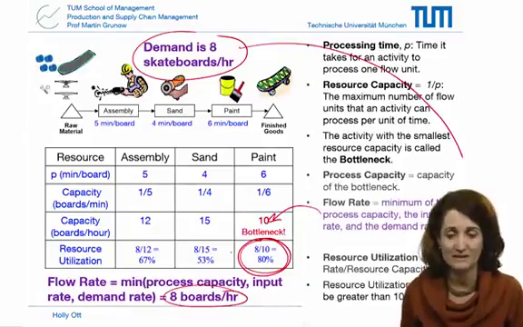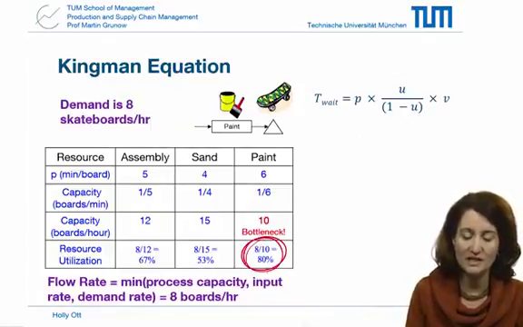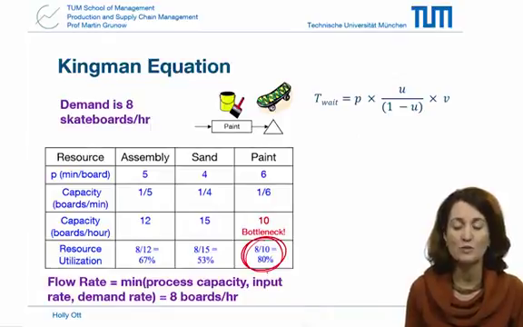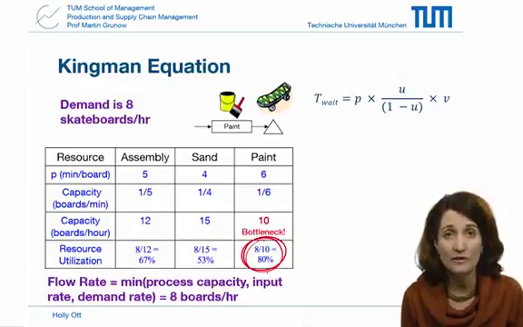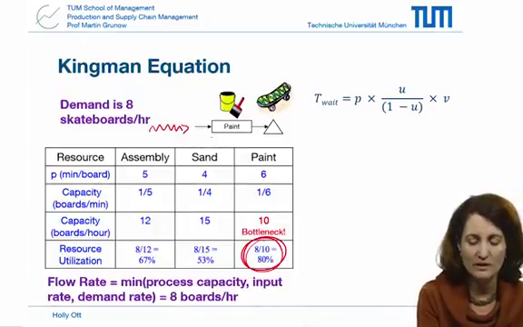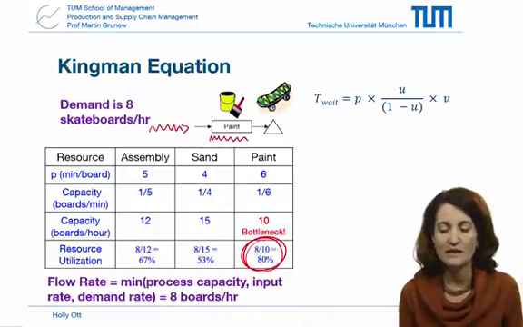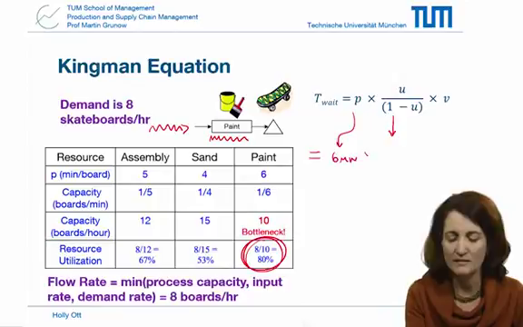But what really happens? So now, we have the situation where our utilization is less than 100%, so we can calculate the average waiting time in front of paint. Now, remember, with no variation, there's no waiting. Paint just works. In fact, in this case, it wouldn't work 100%, but there'd be no queuing in front of paint. However, with variation in the arrival and processing times, then we can calculate our average waiting time as 6 minutes, processing time factor, times